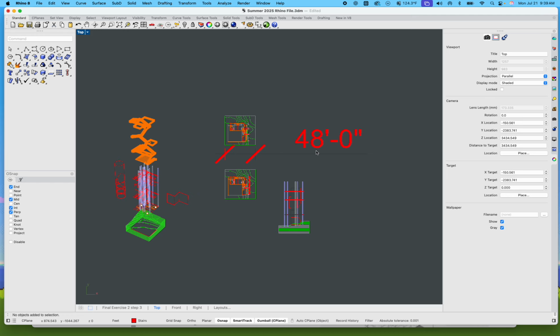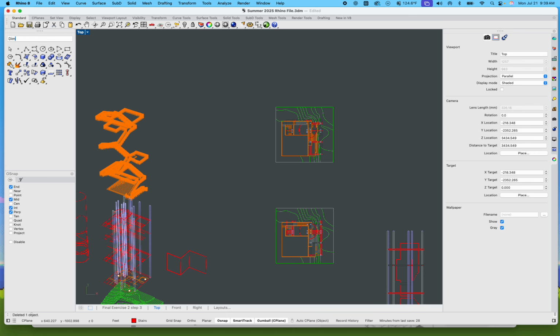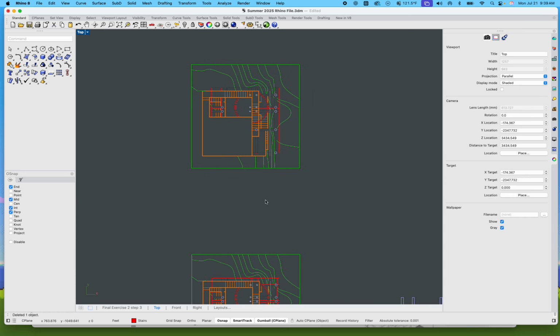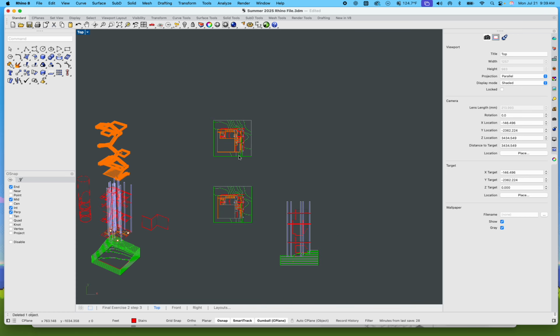So definitely a little bit more architectural. I'm not sure why it got gigantically huge, but maybe it's trying to tell me my eyesight is really that bad. But never a bad idea to verify these things. And again, if you want to change the style, just make sure you go to dim style. Anyway, so we can concur that that's 48 feet, but in our case, I want to make it actually 1/4